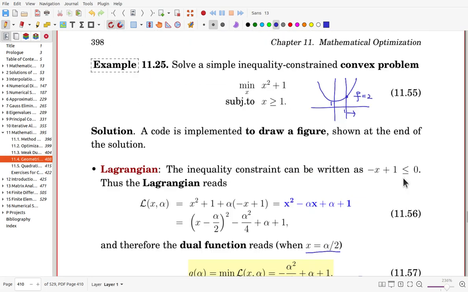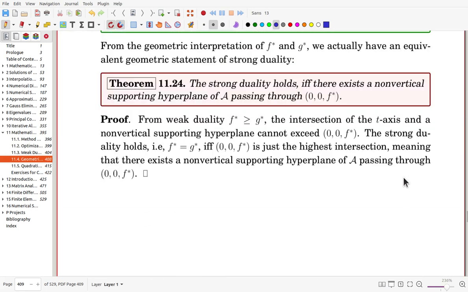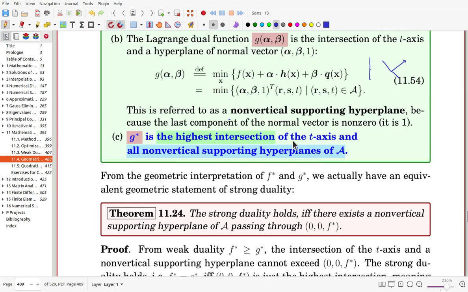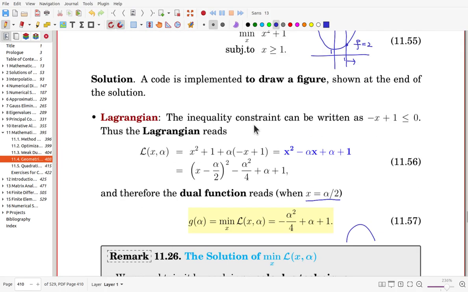Okay, 1154. Where are you? Okay, here. That is now this portion. We have now alpha r and t. There's no beta right now. There's no equality constraint, so that is ignored. And alpha r plus t, and minimization, that is the same as g of alpha. Right? So that is exactly